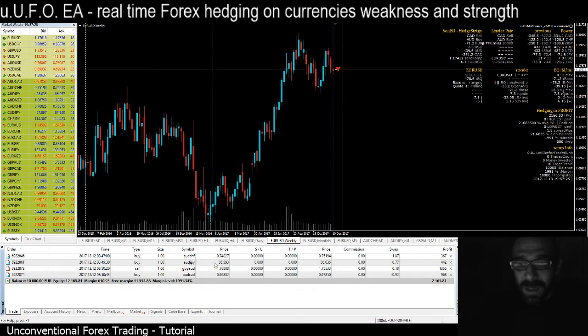So what I decided to do, as I was saying, on Tuesday morning, was to inject some trades to hedge in this case, so to lower the risk by differentiating the financial instruments and trading Australian dollar as strong. New Zealand dollar was retracing, so in that case there was a kind of change of element in the market setup,